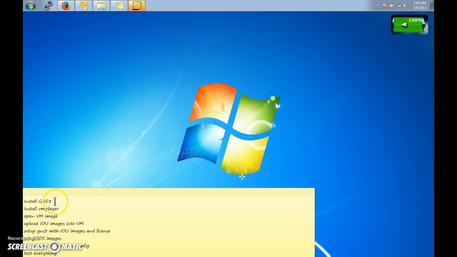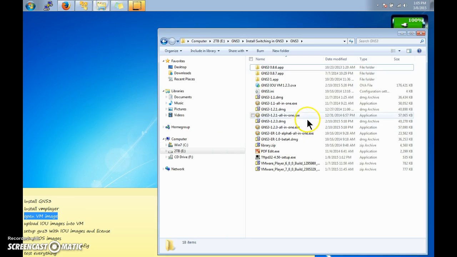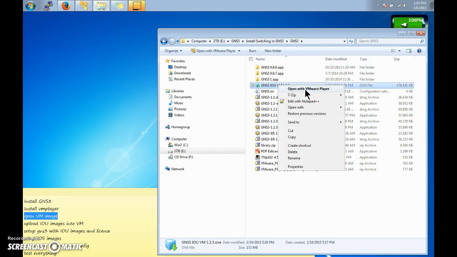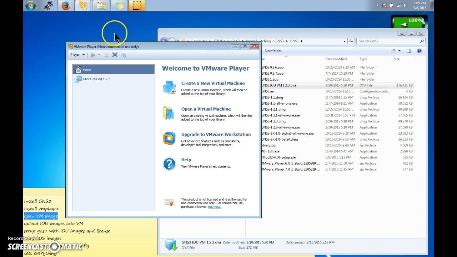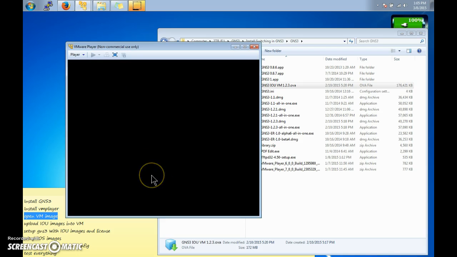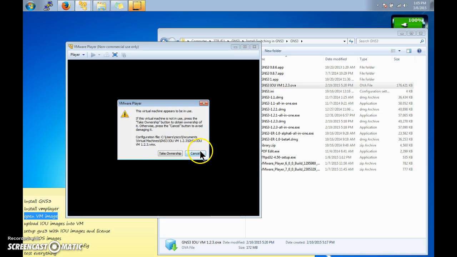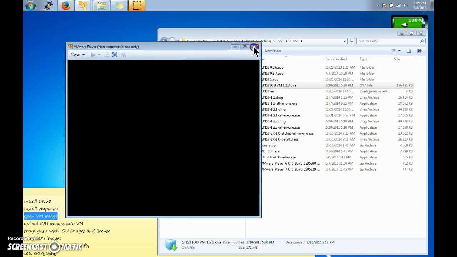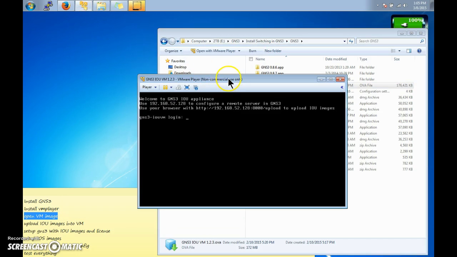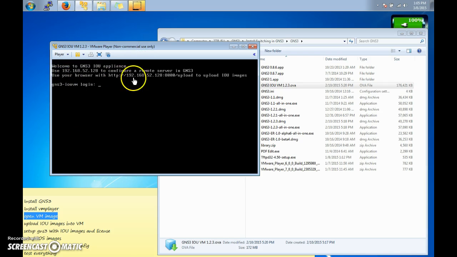Okay, so what you're going to do is install GNS3, install VMware Player, then open your VM image, open with VM Player. You're going to transfer everything. Once you've done that, then you're going to start your VM machine. Once you start it, it's going to look like this, and it's going to give you an IP address of